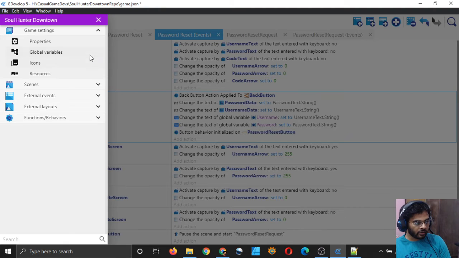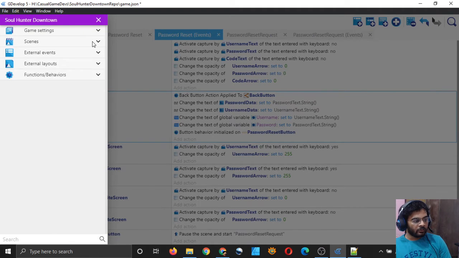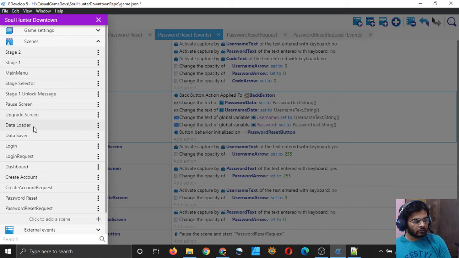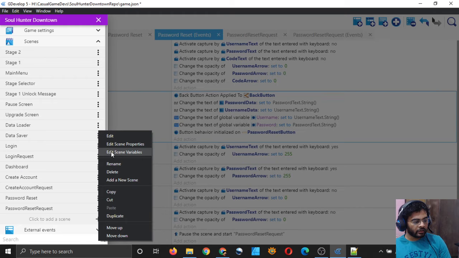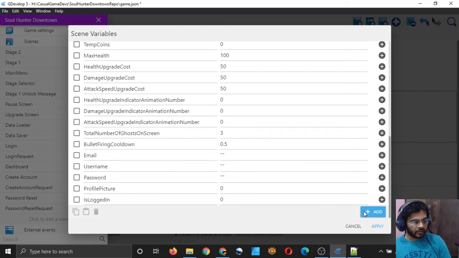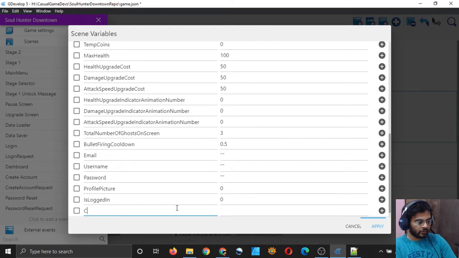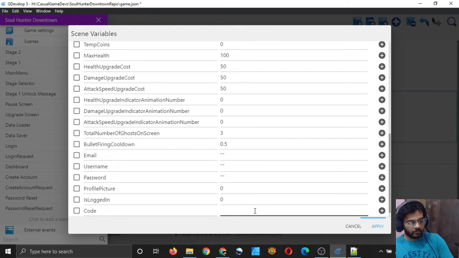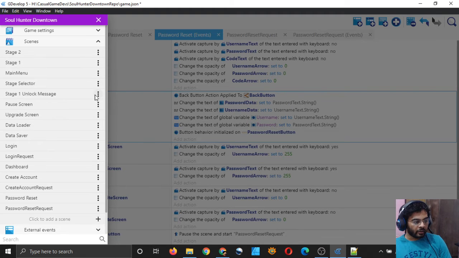So click on apply, and I will have to make a new variable in the data loader scene as well, and I will go to my scene therefore and go to data loader and click here and click edit scene variables, and I will simply add another variable at the end and call it code, and it will be an empty string simply, and apply. So I will have that variable, yeah, it is there.